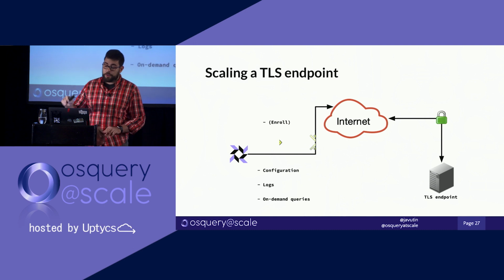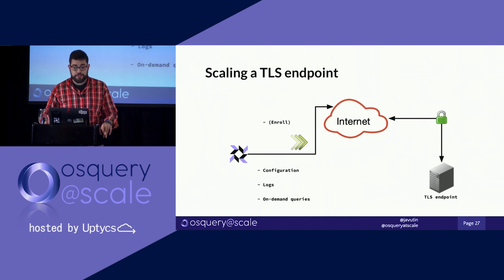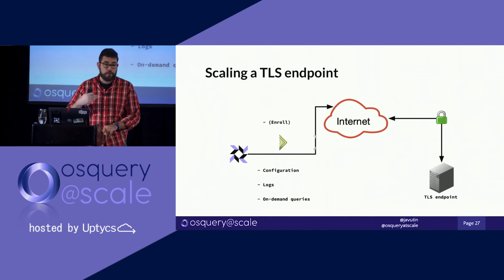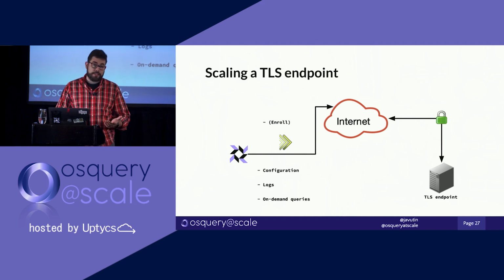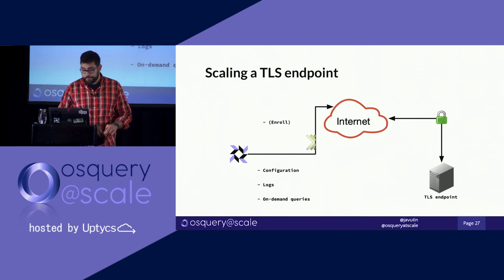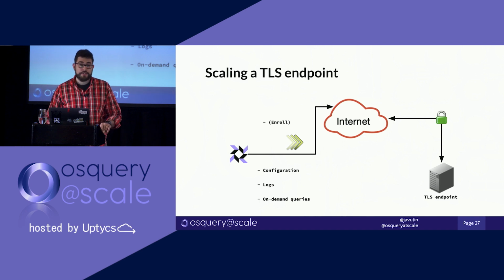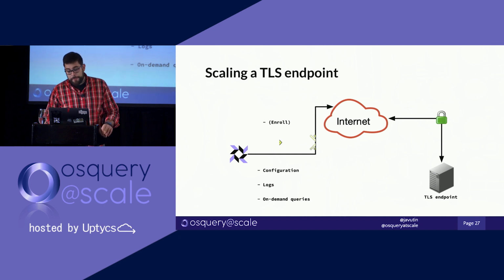First, it's going to submit the enroll request. Then it's going to receive configuration. It's going to consequently request more configuration. Then it's going to submit logs. And then it's going to ask for on-demand queries and will submit the results of on-demand queries. Okay, this is cool. You have one machine that is doing that. Everything's great. Now,